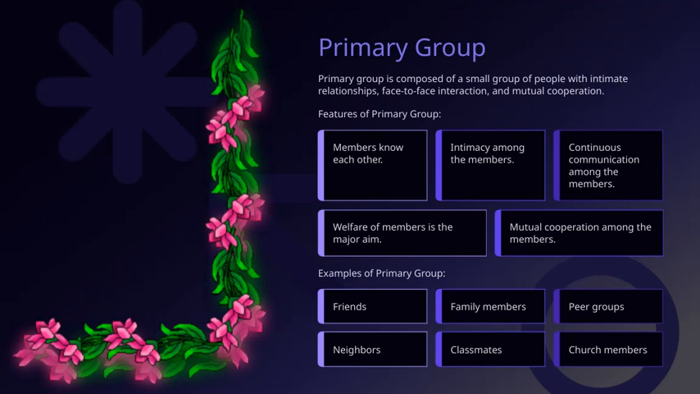Now, let's talk about the primary group. A primary group is typically made up of a small number of people who share close, personal relationships. These groups are characterized by face-to-face interaction and mutual cooperation, which helps build strong bonds. One key feature of a primary group is that members really know each other well. This familiarity creates a sense of trust and intimacy. The main goal of these groups is the welfare of their members, meaning they support each other through good times